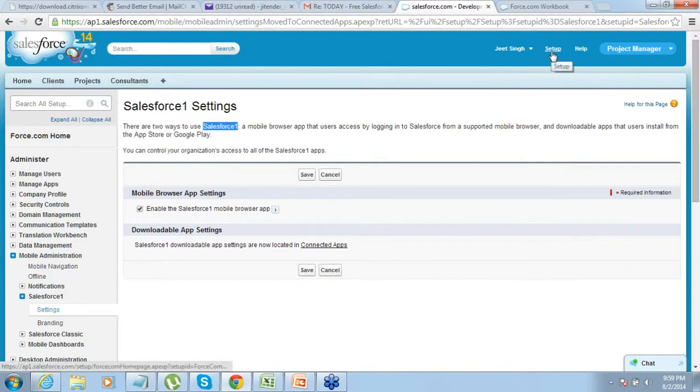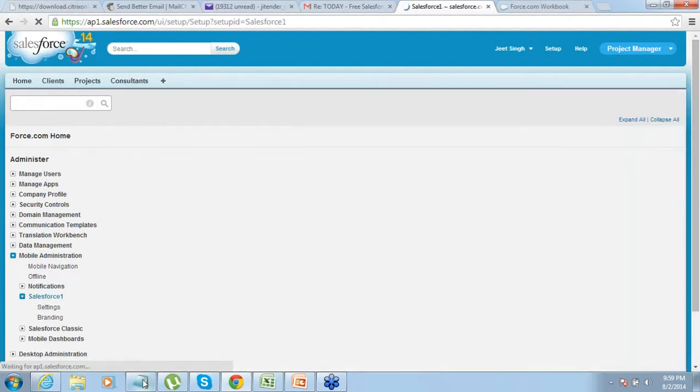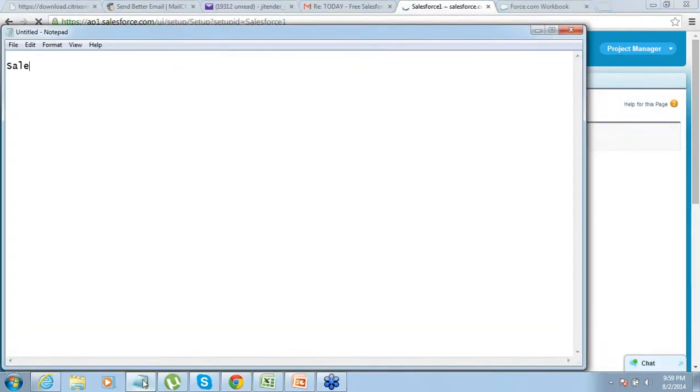In case your company wants to use this app through mobile, under mobile administration, go to Salesforce One settings and enable it. If you disable it, then this app will not be available on the mobile version. Make sure this is enabled and save it. Now ask your users to download or install Salesforce One, put in their login ID and password, and access this app from anywhere they want.